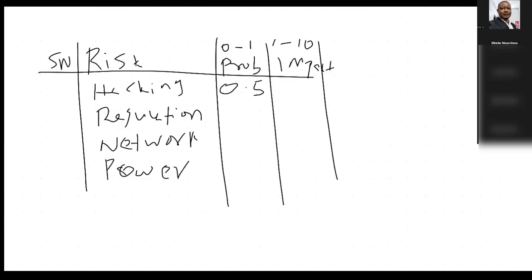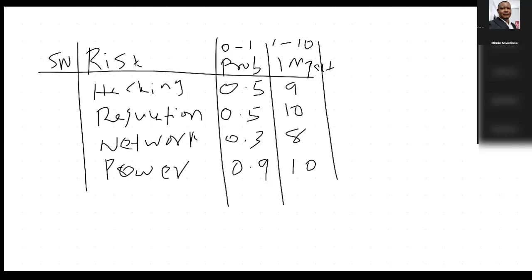Then regulatory issues. Again, let's say this is a 50% chance of happening. Then what will be the impact? Of course, regulation is always very high. Then aside from that, you now talk about network issues. Let's say probability that this may happen is low. But again, if it happens, it will give us high impact. Power, obviously, probability that there's going to be power outage is almost certain. Then what will be the impact? Again, if we don't have power, we cannot work because most of our systems will require power to be able